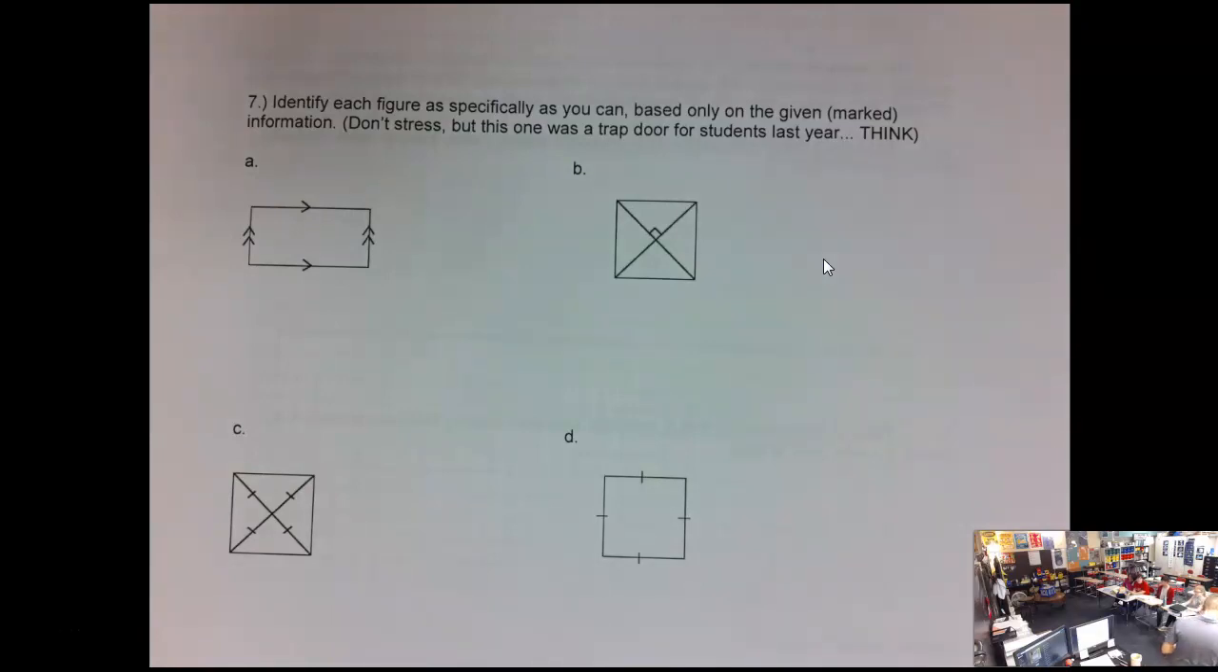So in B, the only thing we know is the diagonals are perpendicular, which means it could be what? Could be a rectangle. It could also be a trapezoid. It could also be a kite. So since it could be all of those things, but we don't know anything else,